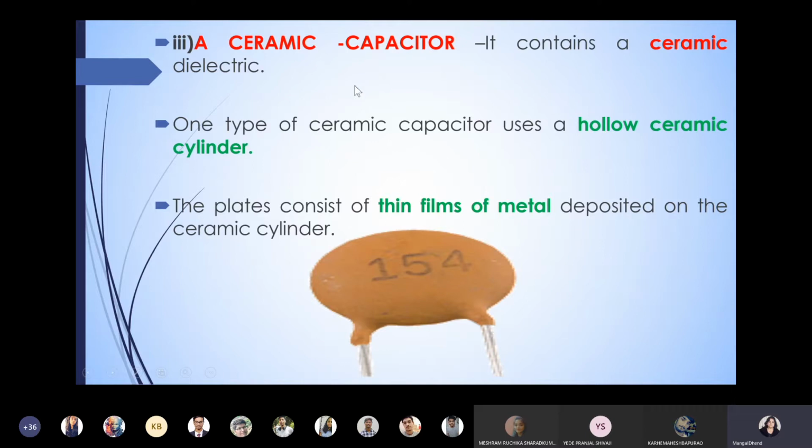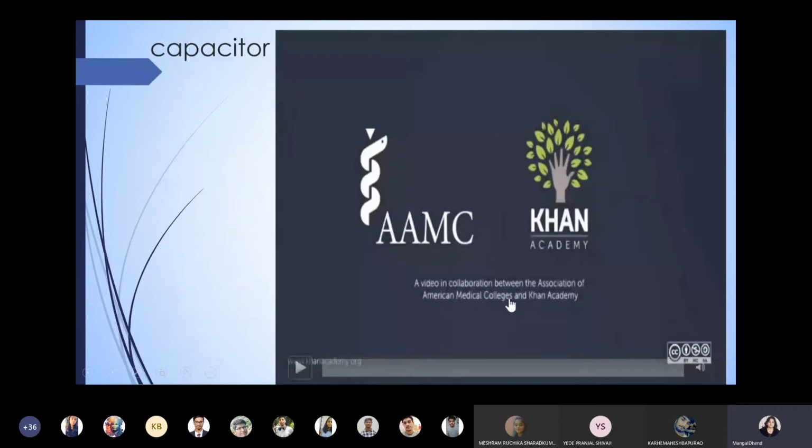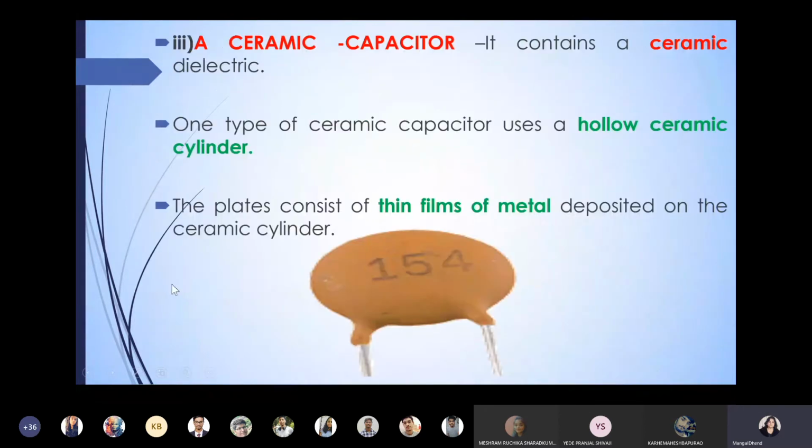The next type is the ceramic capacitor. This also I think you might have handled. A ceramic capacitor contains ceramic, which is also a dielectric material. We have seen ceramic material and what its properties are. So when a question comes, write down the materials used in capacitors, you have to write down a few properties of ceramic which have helped it to be used in the capacitor. I will not repeat it here, so you have to remember and use that content. This is not only three lines you will finish about ceramic capacitors. Say a few properties of the ceramic which we have discussed in the previous lecture.